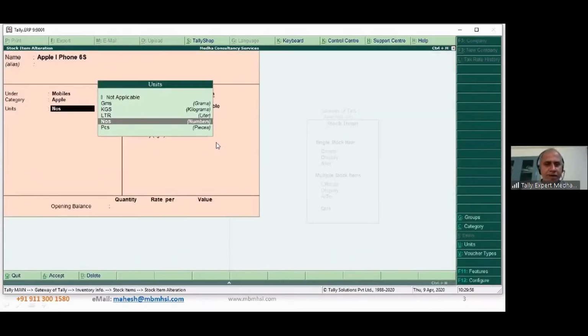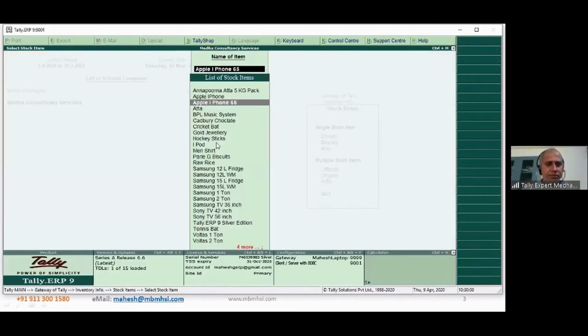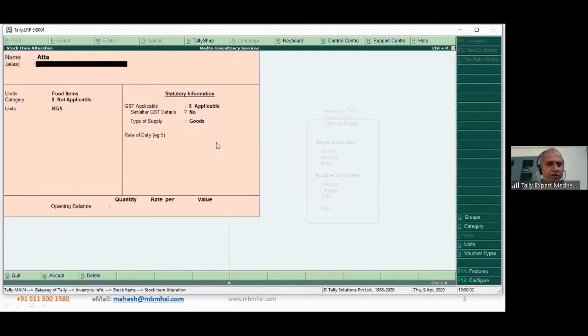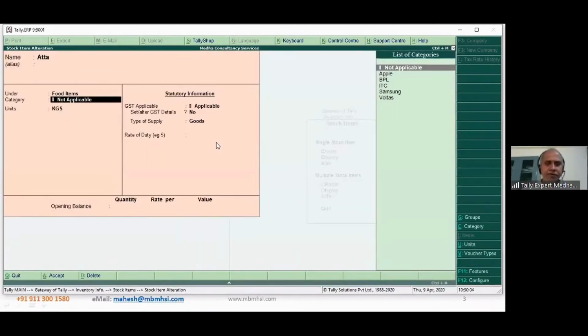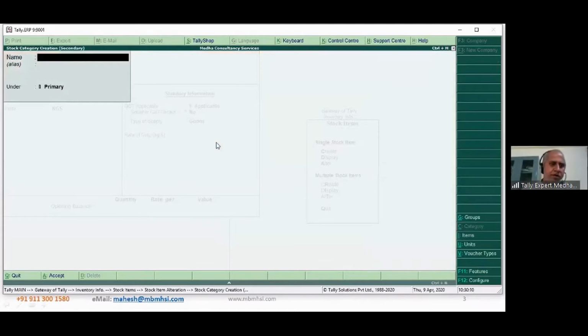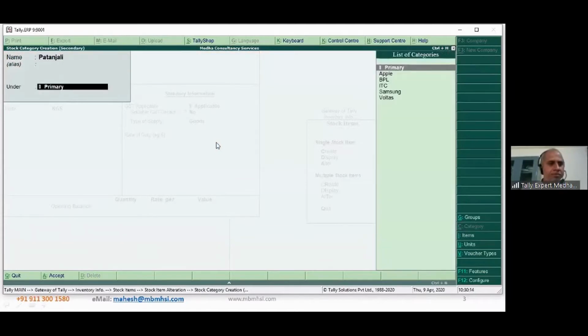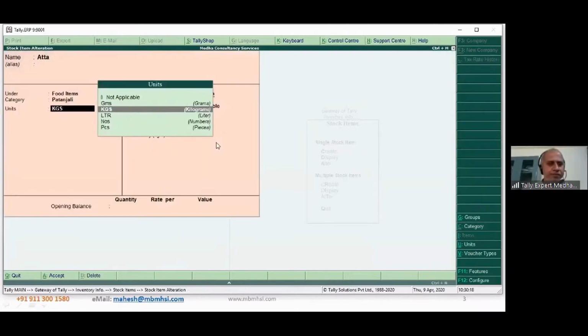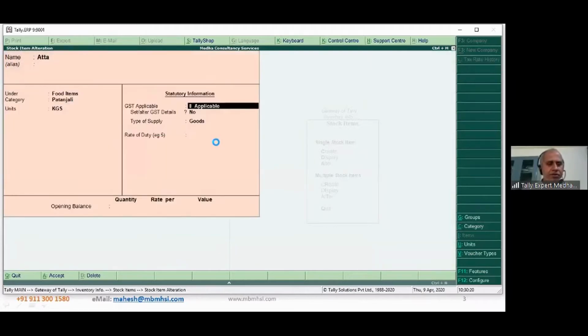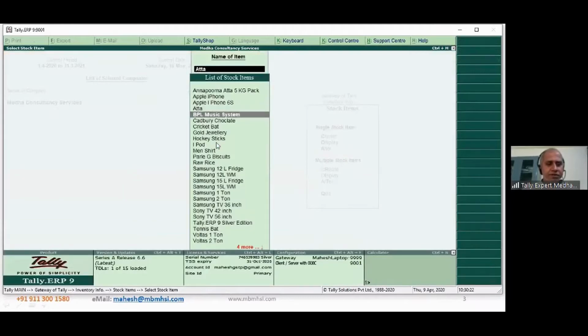Atta might be from some other brand, for example Hindustan Lever, or Patanjali. I'm creating one category called Patanjali, so I'm putting it under Patanjali.